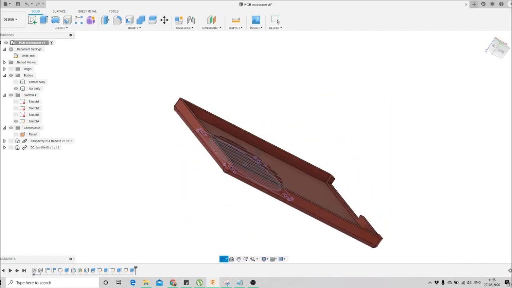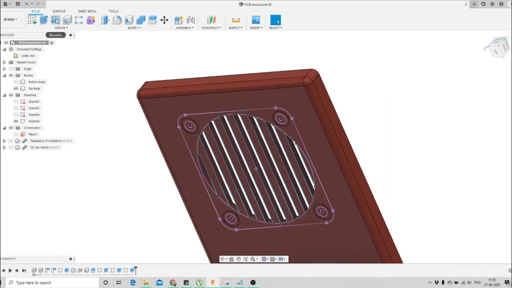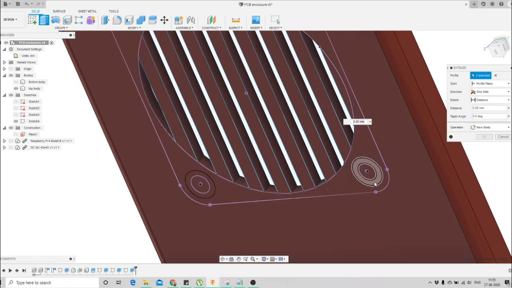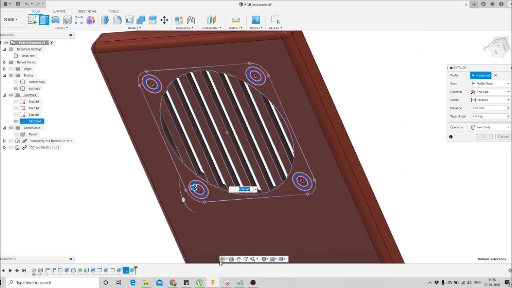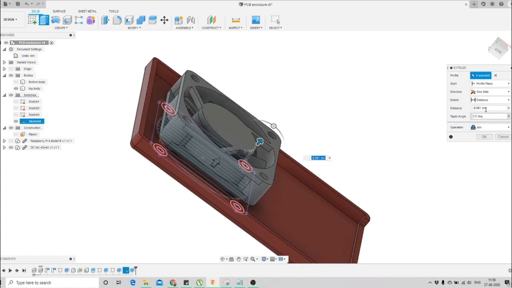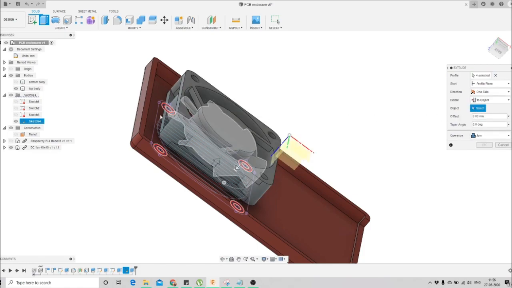Then we'll come to this option, and from here we can click on the extrude command. We'll select all the 4 mountings and drag it to the top. We'll make it a joint. Then we'll turn on our DC fan, and the distance up to which we want to make is to object.